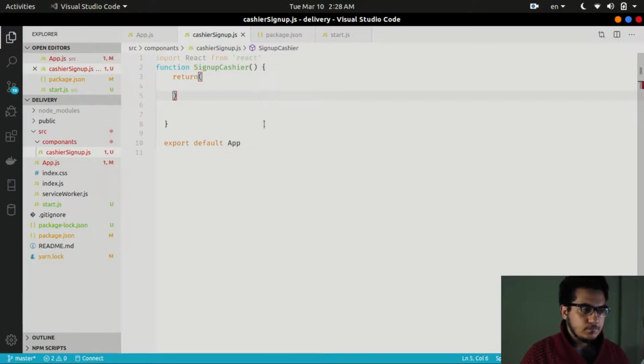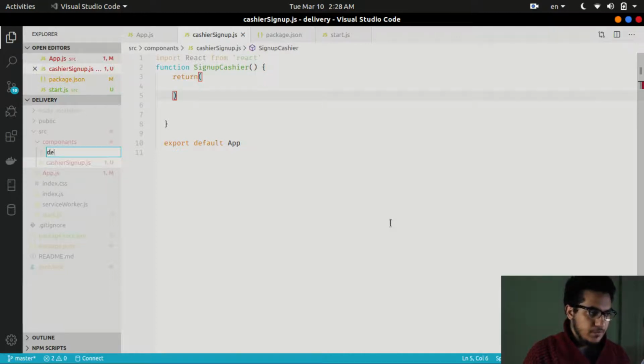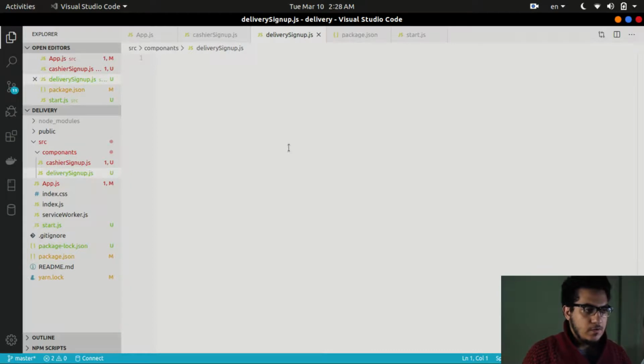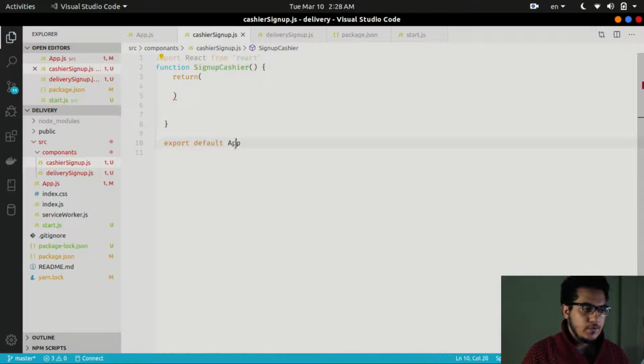Okay, and create another component file within a components folder with a delivery sign up .js, and take this copy and paste it, and I change it to delivery, and take this word and export this file, and export, not file, actually it's not a file, it's just a function. Okay,